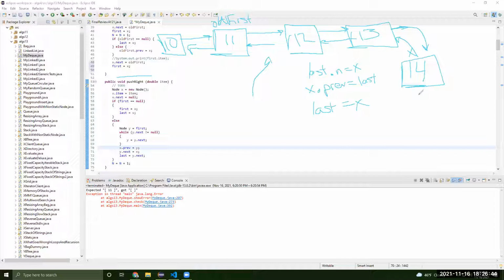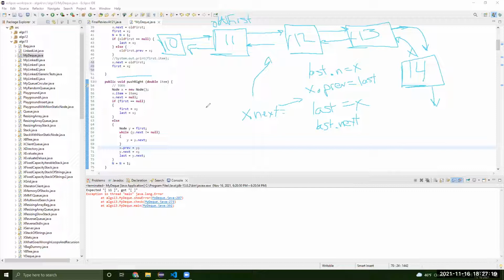You'll notice that the way I can figure out I'm at the last item in my list is if the next is null. How come I didn't have to say anything in here, like x dot next is equal to null? Well, we default our code to do that anyway. We also have it up here where x dot next is null already. So because that's already done, that's totally fine too. It's also a bit redundant. You don't really need to say last dot next is equal to null, as the X already has it for us. So again, with my DQ, you don't really need to worry too much about the concat operation